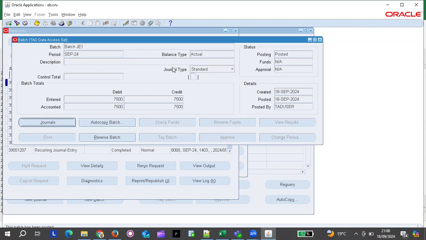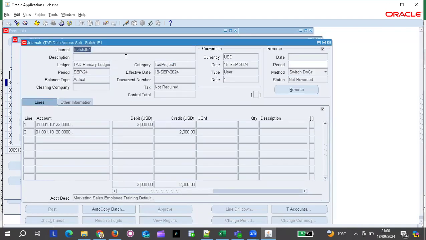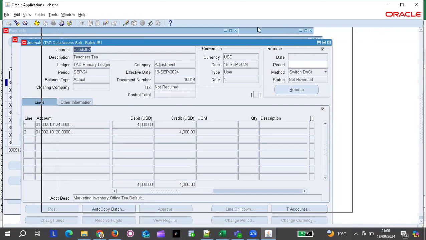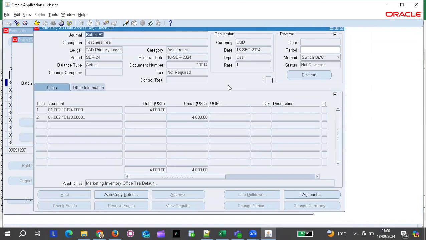Journals. You can see this batch 1 has been posted, but it seems it's posting the whole thing. Yeah, it's posting the whole thing. Once you click on post, it has posted every journal. Okay,